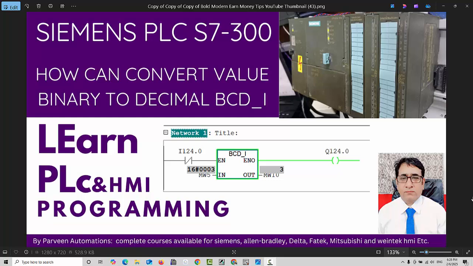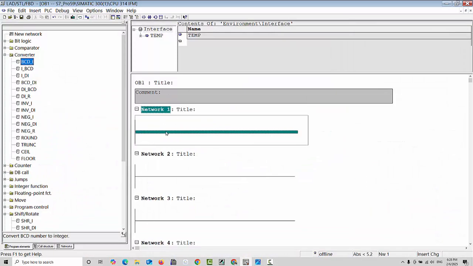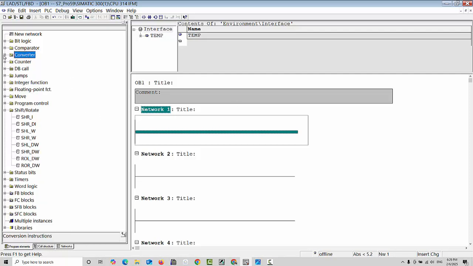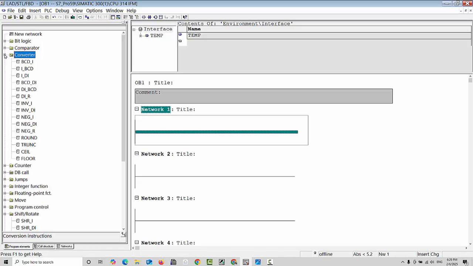In this video we will try to learn about converting binary values into decimal in Siemens PLC S7-300. So I will open my SIMATIC Manager software and here we will go to the converter section. Here you can see the converter section, and this first command, BCD_I, converts BCD numbers to